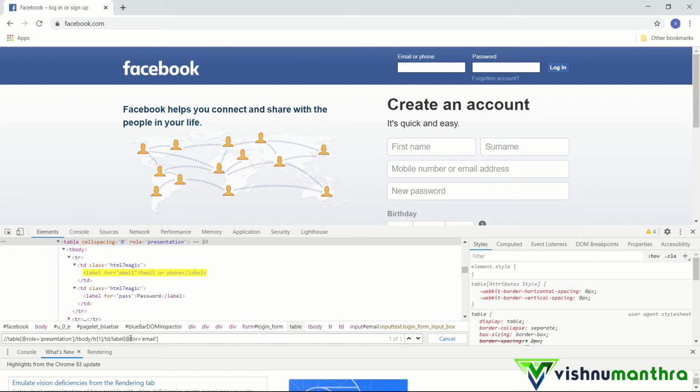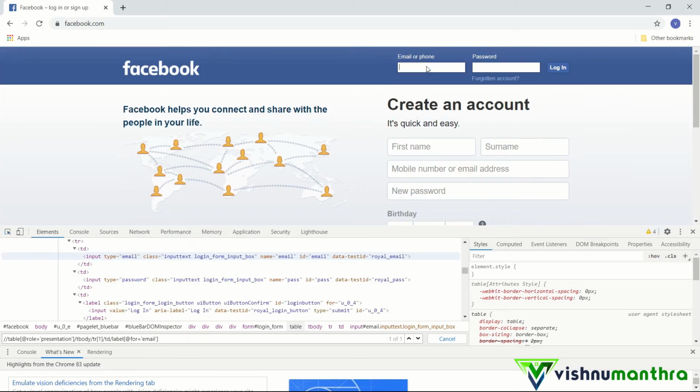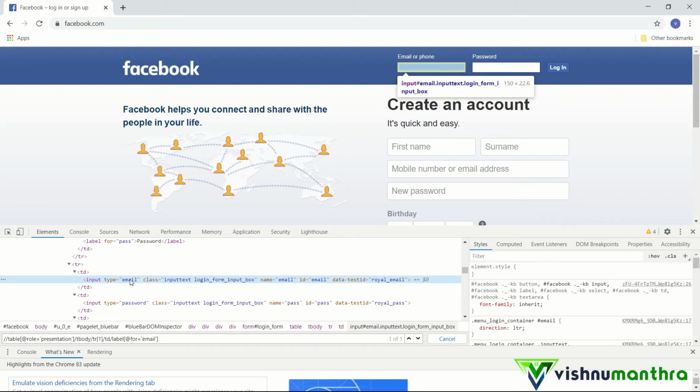Okay, see, this way also I came to this particular element. So there are different ways by which we can come to an element. We can also combine them. For example, if I come back to this email, we can see email here, and then name is equal to email. If I want to use both these attributes, I can do that as well.